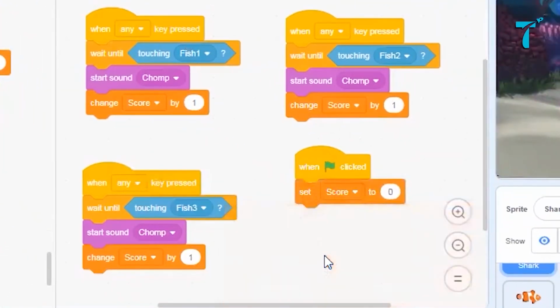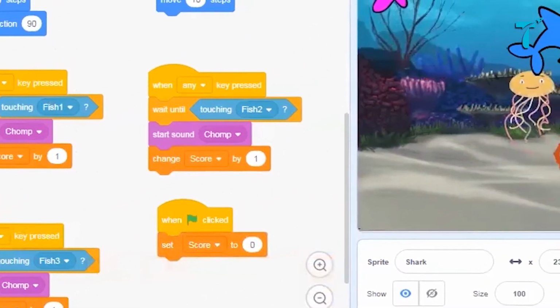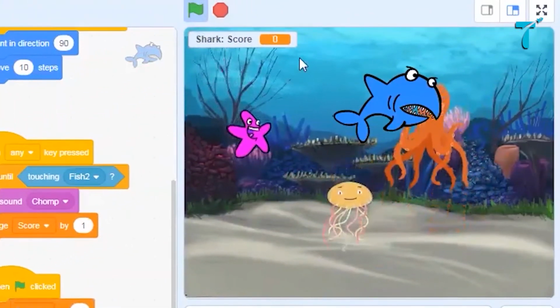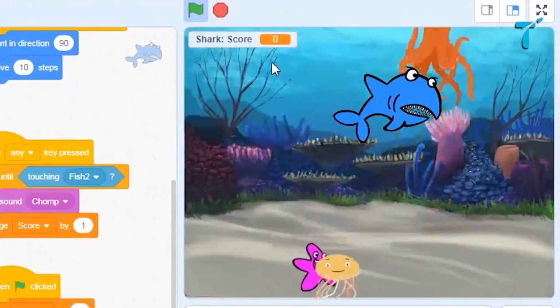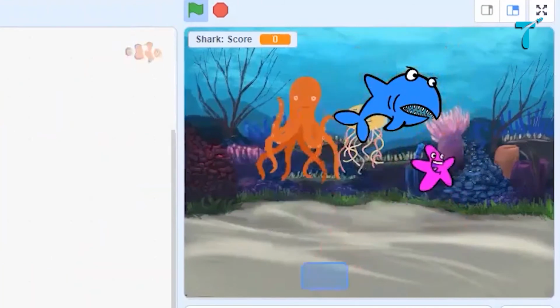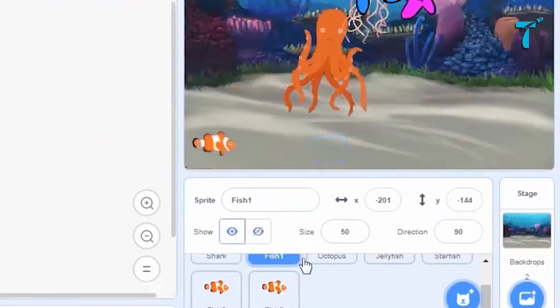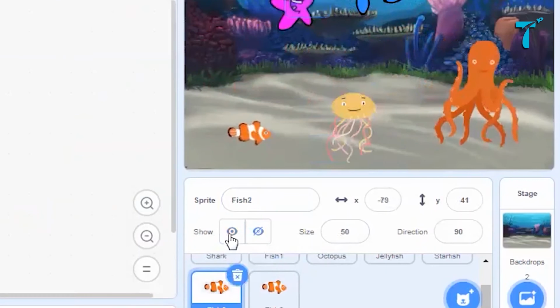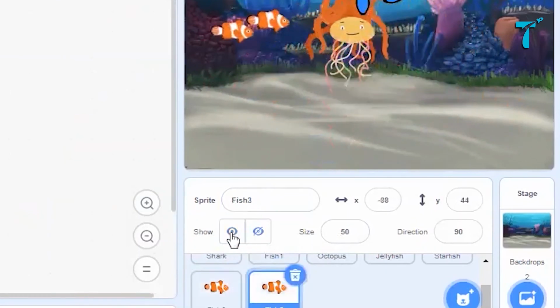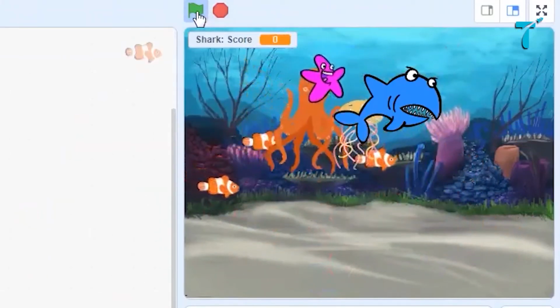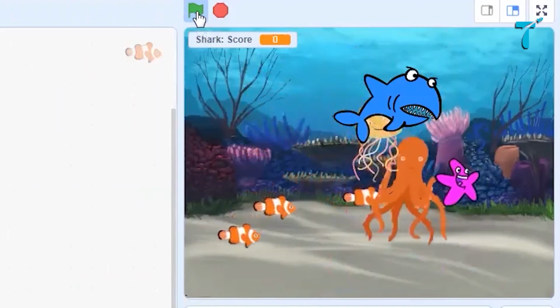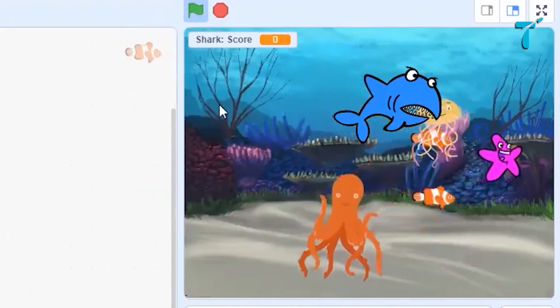Set score to 0. Stop, let us play again. Can you see it has set the score to 0? Where are the other fishes? Let us get the fish. Okay, let us check if it increases by eating the fish.